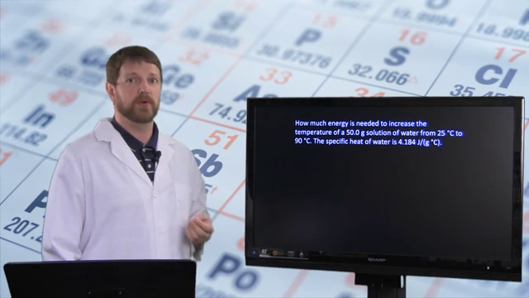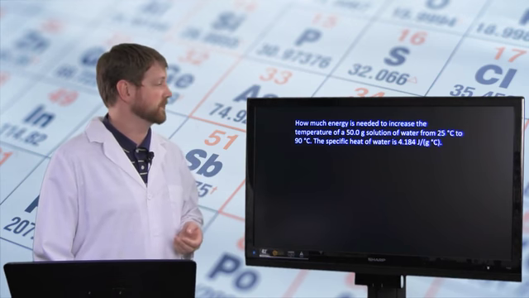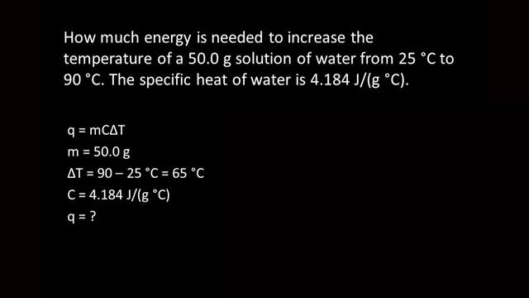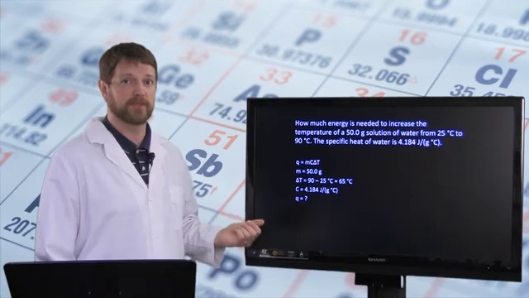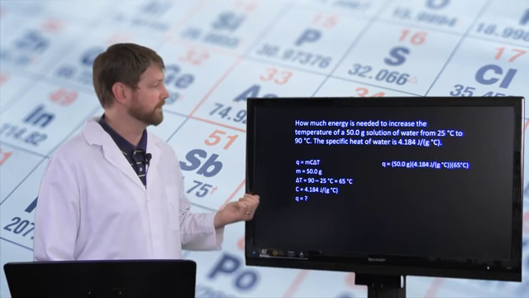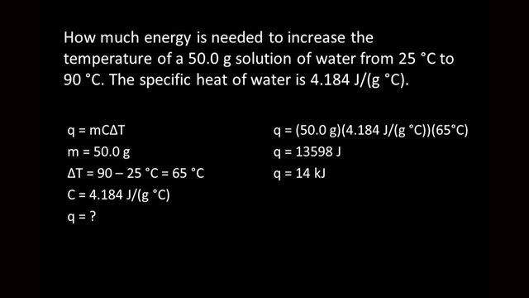Now, let's write out what the question was giving us. The mass is 50 grams. The temperature change, so we're going from 25 degrees to 90, is a temperature change of 65 degrees Celsius. And the specific heat is 4.184 joules per gram per degree Celsius. We're solving for the heat or the energy, Q. So plugging this into the equation, we're left with